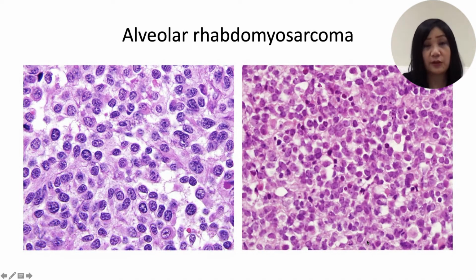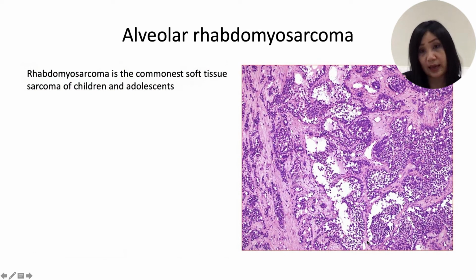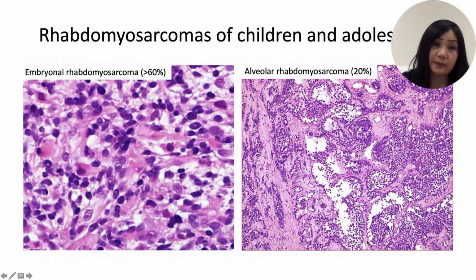So we now move on to alveolar rhabdomyosarcoma, which is the classic round cell rhabdomyosarcoma. Again, most of us are familiar with this alveolar pattern of small round cells with central discohesion and dropout, with a picture that is very resemblant of pulmonary alveoli. So rhabdomyosarcoma is the commonest soft tissue sarcoma of children and adults, but embryonal rhabdomyosarcoma is predominant, so more than